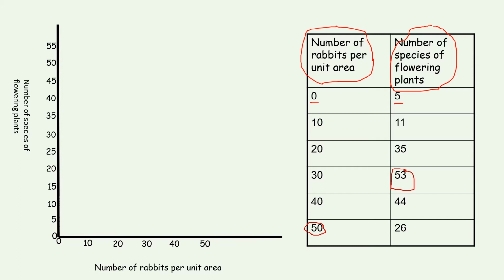So you'd go to 0, and then you'd go up to 5, and then you'd put a cross, and then you'd go to 10, and then you'd go up to 11, and then you put a cross. You'd go along to 20, and then you'd go up to 35, and then you put a cross, and then you'd go along to 30, and then up to 53, and then you put a cross,